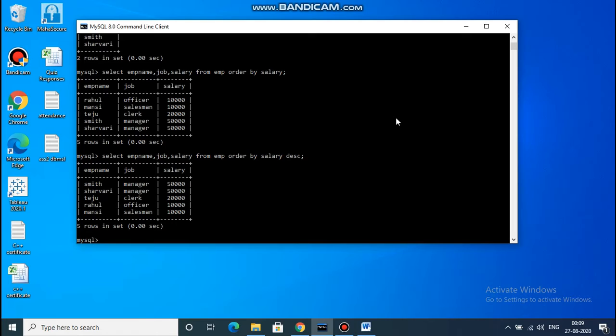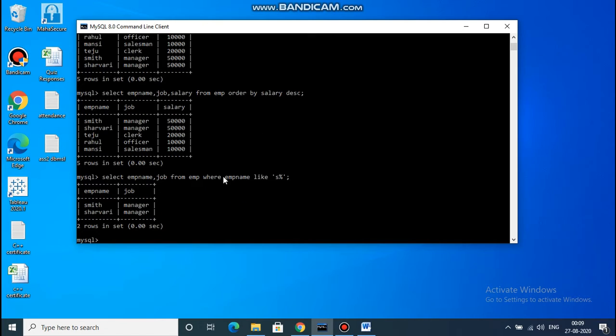Next DML query is to display employees whose name begins with the alphabet S. Again select statement: select emp name, comma job from emp where emp name like, in quotes, the character S, then percent sign, again quote, semicolon.